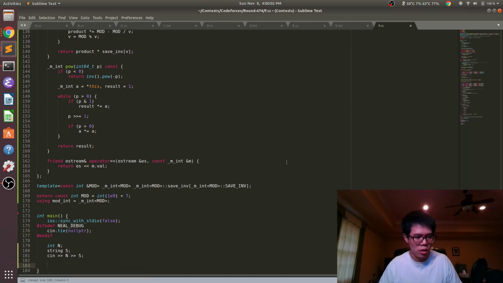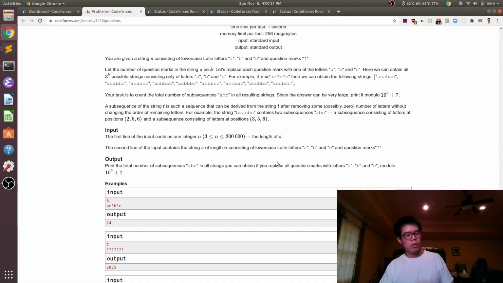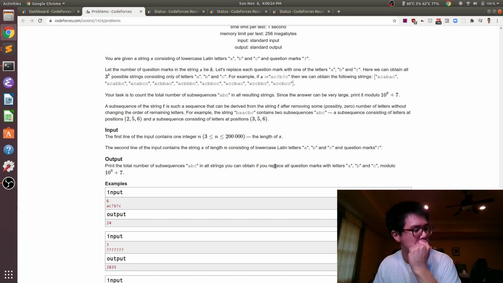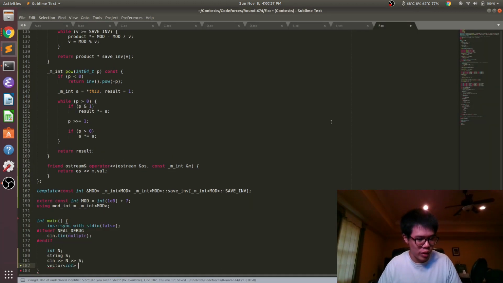we can make a function that solves 2 things for us. Okay, so actually first let's do something so we can figure out how many question marks there are.